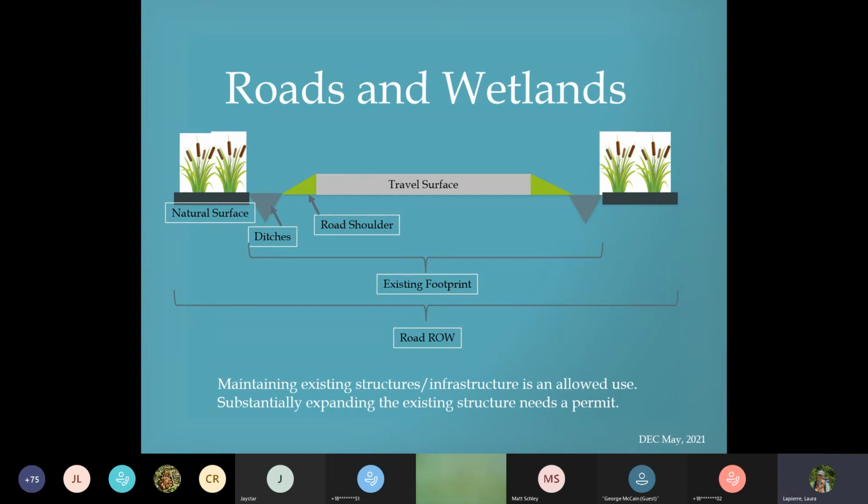So some specifics on roads and the allowed use for maintenance. Tire tracks with no fill, that you want to upgrade into a fill surface, gravel and such, would need a permit.